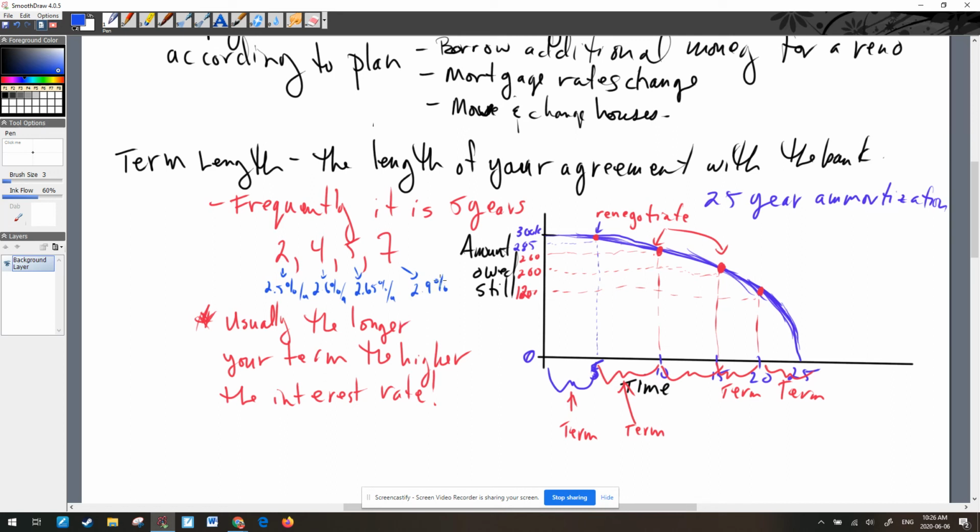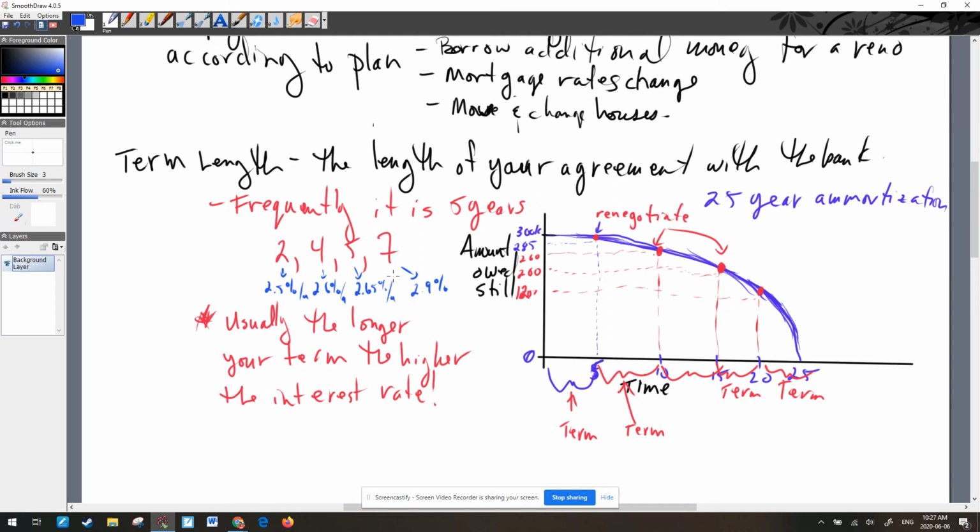Okay. But the advantage to having a longer term is that you can make better plans. You know what your payment is going to be for 7 years if you negotiate for 7 years. Whereas if you only negotiate for 2 years, you might get a little bit better deal in the short term. But if interest rates do go up, then when you renew at the 2-year mark, maybe instead of 2.5%, interest rates have gone up and they're now 3.5%. So you saved money for the first 2 years, but for the years after that, you would have been much better off having gone with the 7-year term. So, it's a bit of a gamble that's going on here.